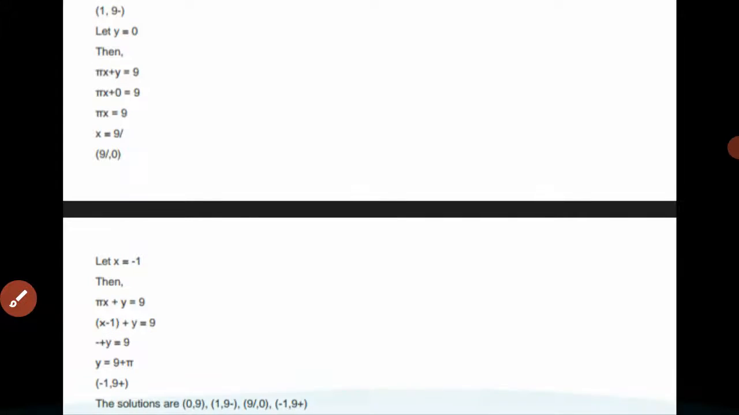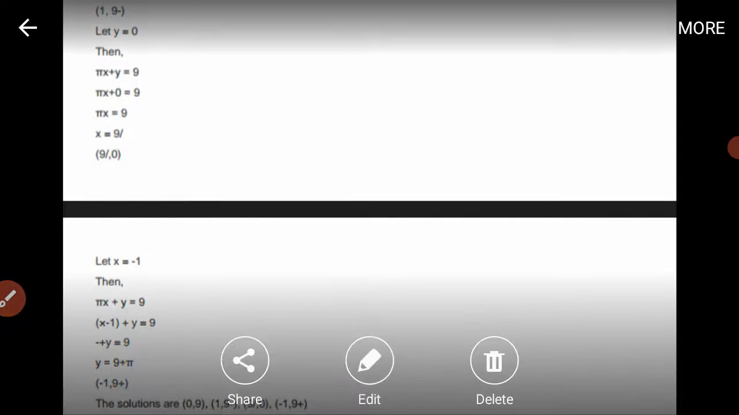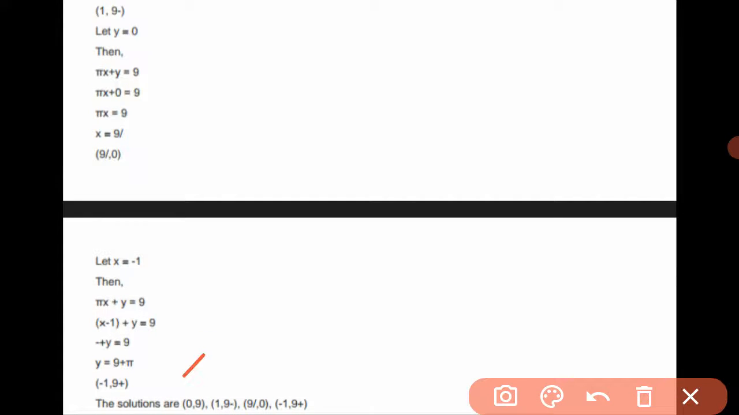So the 4 solutions can be given in this form: (0, 9), (1, 9 minus pi), (9 pi, 0), and (minus 1, 9 pi). So in this way we can find its value. Now after this,